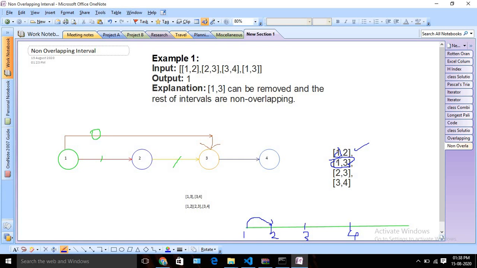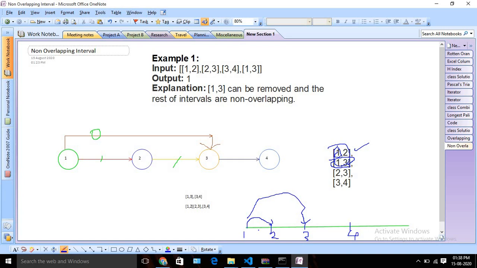But for the next task, you can see that it started at the first second only, in position 1. So I know these two tasks are overlapping, because the start time of the second one is less than the end time of the first one. So we have two options. We have two tasks: one is ending at 3, another one is ending at 2, but both are starting at 1. So that means these two tasks are overlapping tasks.